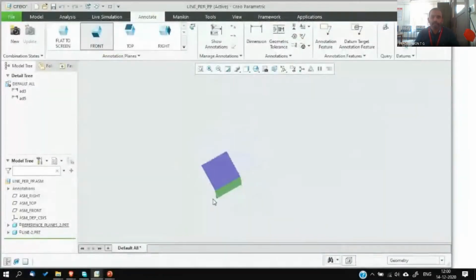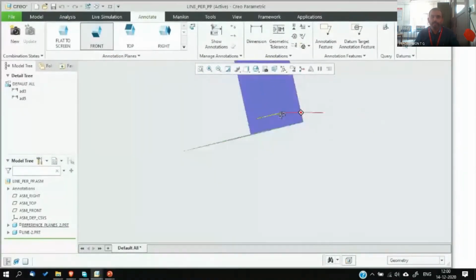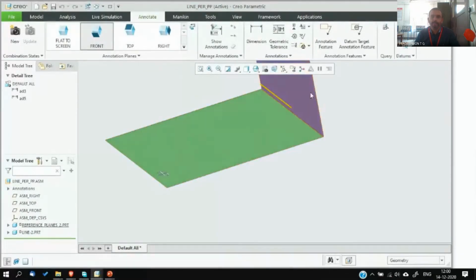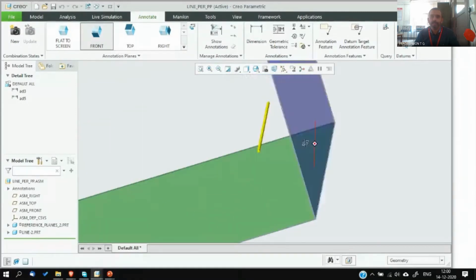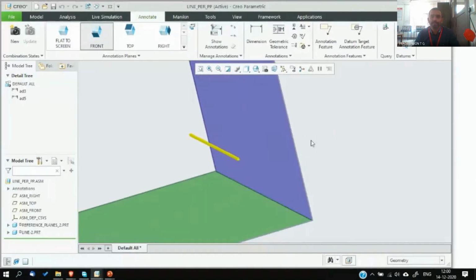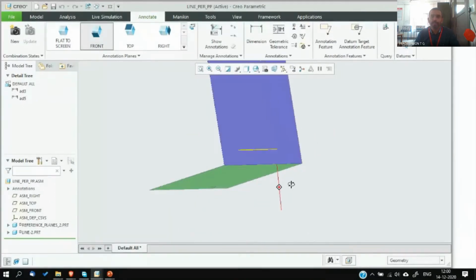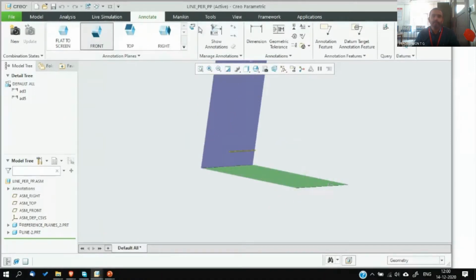So in that case you can see here, this is a condition where the line is parallel to both HP and VP. Here is HP and here is VP. So the line is this one, and it is parallel to both HP as well as VP. I hope you are able to understand it. You can visualize it. So now if we go for the front view,